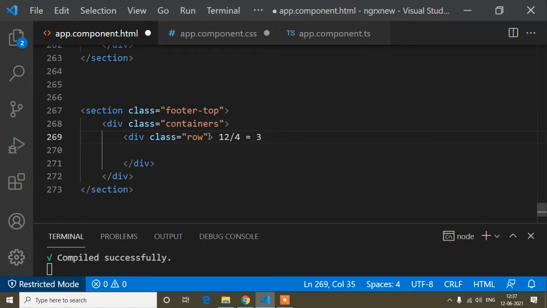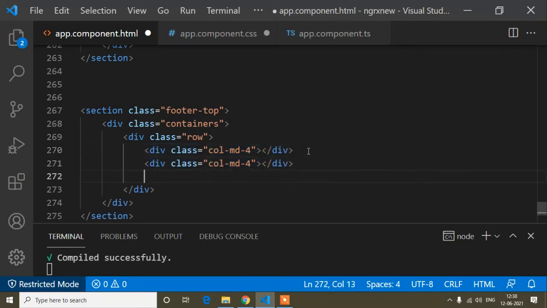So now I need 3 columns, so I will break this into 4. So now div class col-md-4. This is the predefined bootstrap class. If I write 4, I will get a column with width 4. Now 3 times, that means 4, 8 and 12. So now I will get 3 columns.